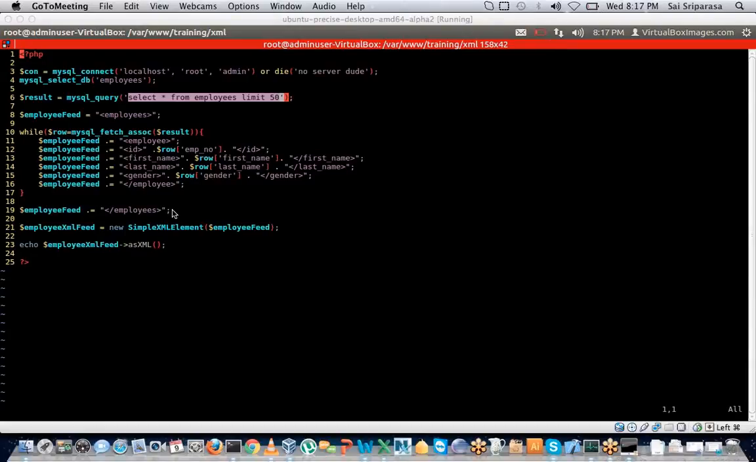So here we are just building a string that represents XML. Okay, it's not technically XML, it's only a string that is representing XML. Now what we do with that string is we pass it as a parameter to the SimpleXMLElement constructor. So when we do that, it takes the feed in, and